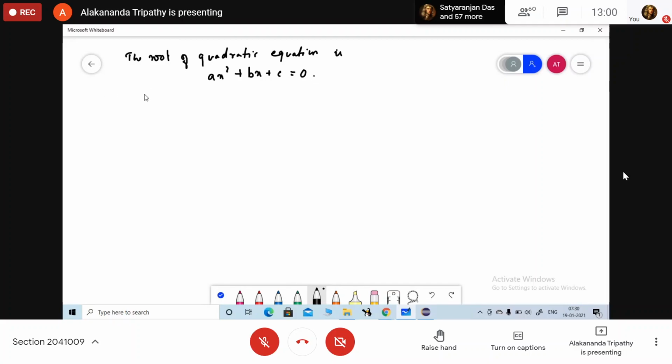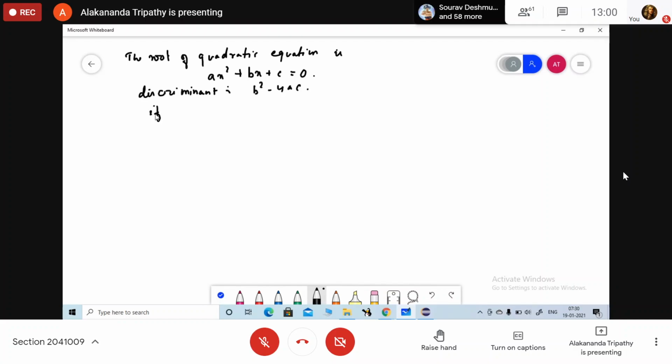Then what is the value of the discriminant? B square minus 4ac.